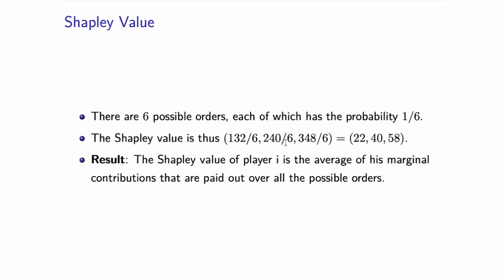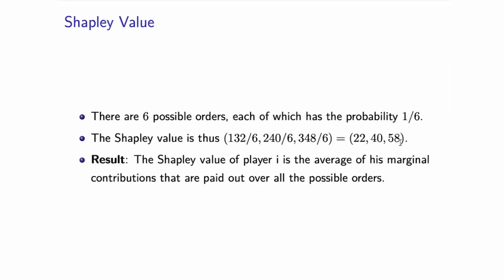So 6 possible orders, each of which has probability 1 by 6. Therefore, the Shapley value is given by 132 by 6, 240 by 6, and 348 by 6. If you do the calculation, you end up getting 22, 40, and 58. Okay. So there is a mathematical result, which we are not going to prove here, which says that the Shapley value of player i is the average of his marginal contributions over all possible orders,